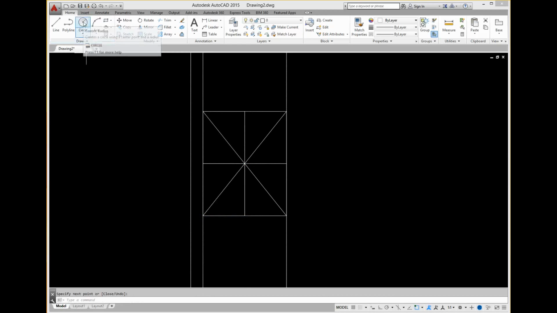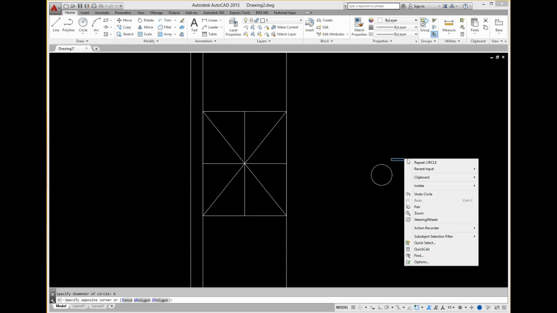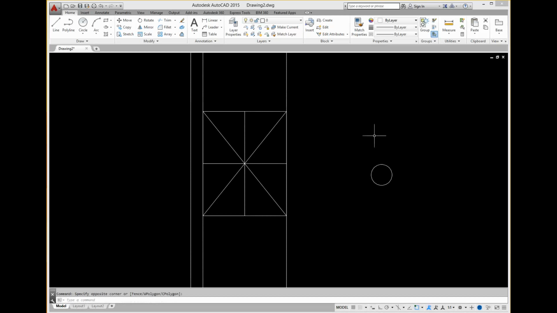Now I'm going to click on the circle. Just click in space here anywhere, and then read the command line. It says specify radius of a circle or diameter. So I want the diameter. I'm going to type D and then enter, and then read the command line. Specify the diameter of the circle, 6, enter, and then I'm just going to click on the screen, and right click to get out. Actually, those 2 right clicks did bring me out of that,